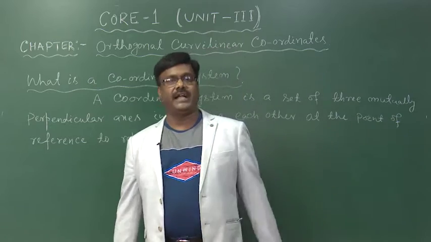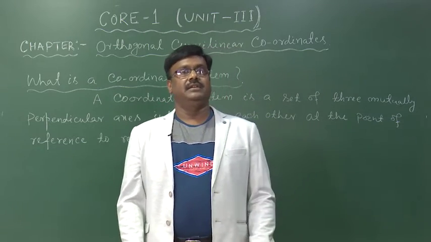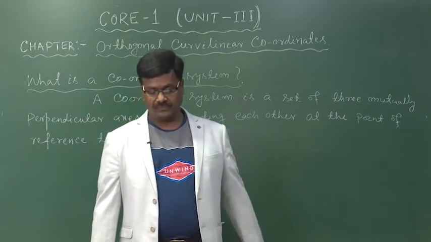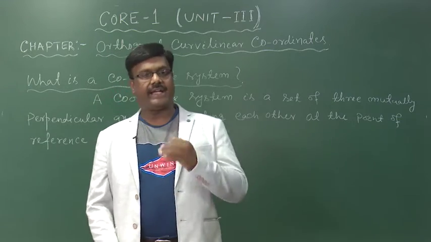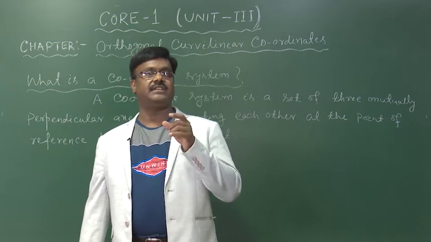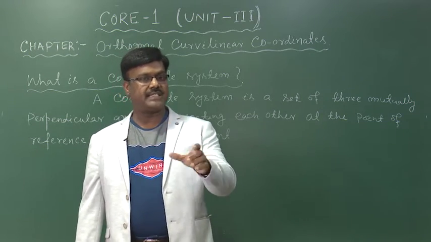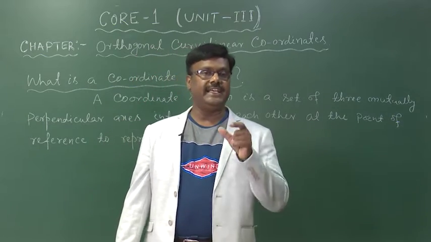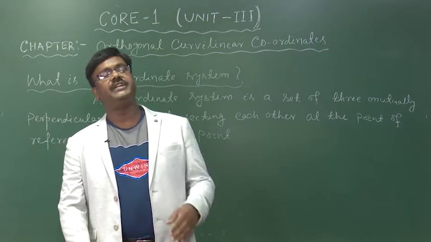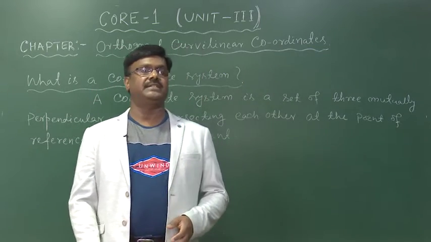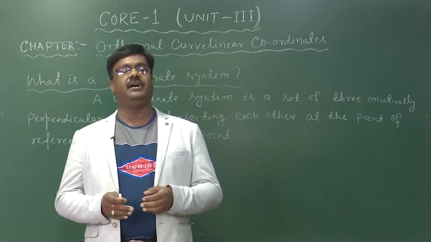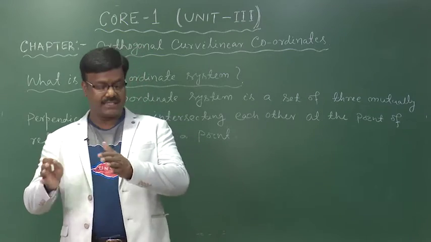And you must have come across the commonly known Cartesian coordinate system, but in physics we will come across different coordinate systems like the Cartesian coordinate system, the polar coordinate system and also the cylindrical coordinate system. And further, the polar coordinate system is divided into two parts. One is the plane polar coordinate system and the second one is the spherical polar coordinate system.